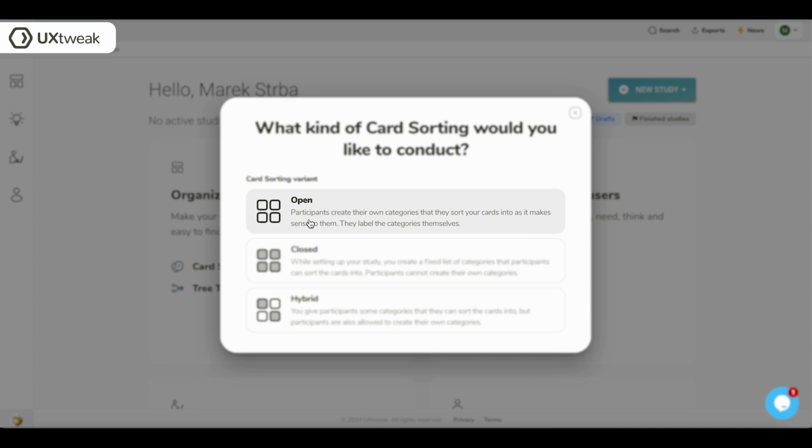Open variant, it's all up to the participants. They will create all categories by themselves, name them, and sort the cards into those categories. Closed variant. With this option, you want to set specific boundaries for your participants. They will sort the cards into categories you have prepared beforehand. Hybrid variant. Here it is all about collaboration. You prepare some categories in the setup. The participants can choose to use them to sort the cards or add any number of new categories which make